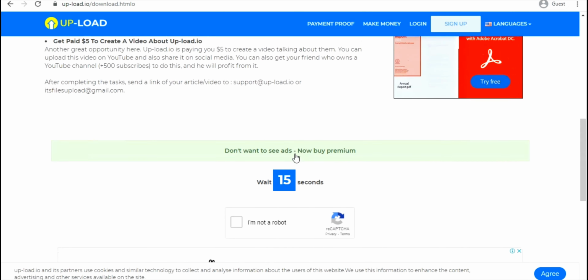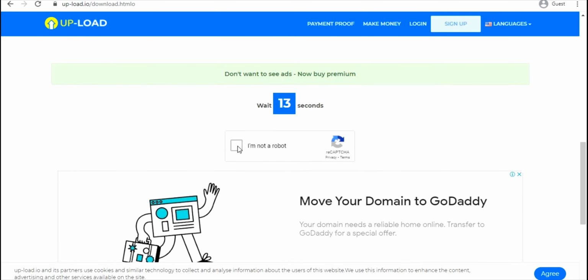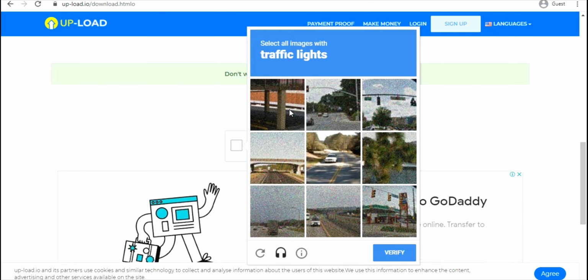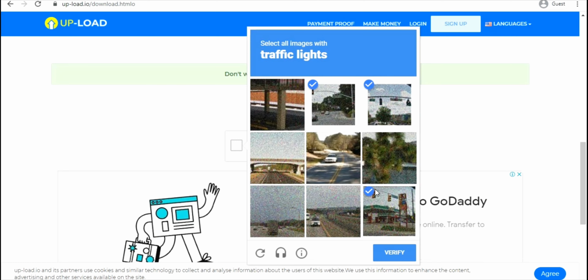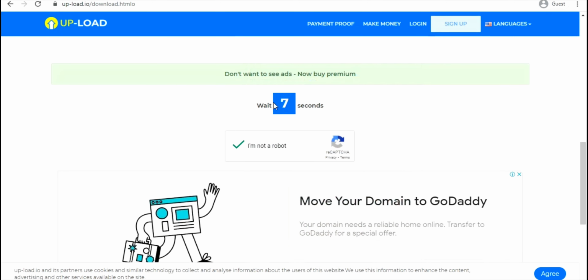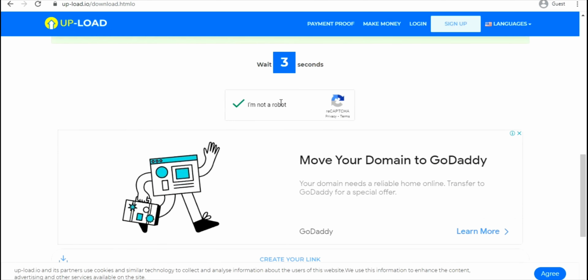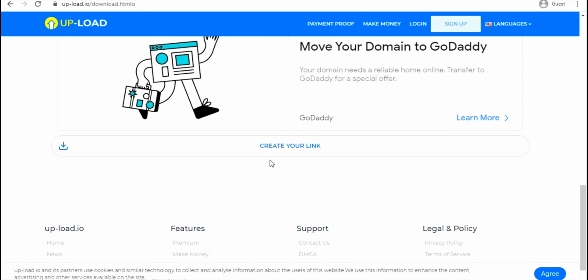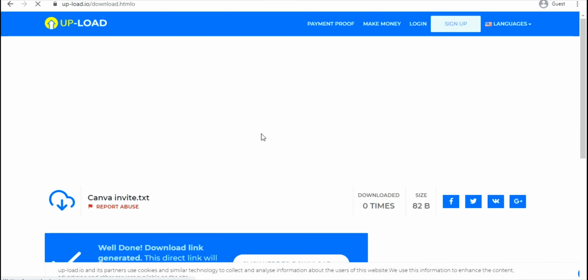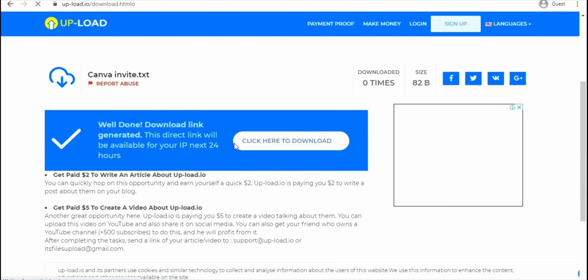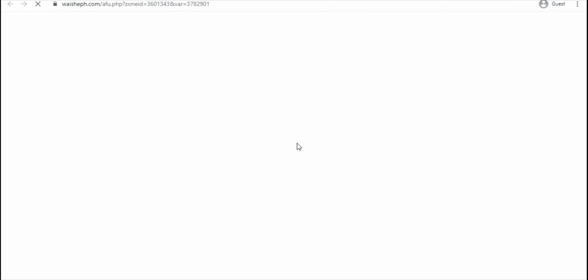Scrolling down, you can see that we have to wait for 15 seconds and again verify yourself that you're not a robot. Okay, fine, wait for 6 more seconds and then we can create our link. Create your link. Well done. Download link generated. Now click here to download. So we'll just click here to download